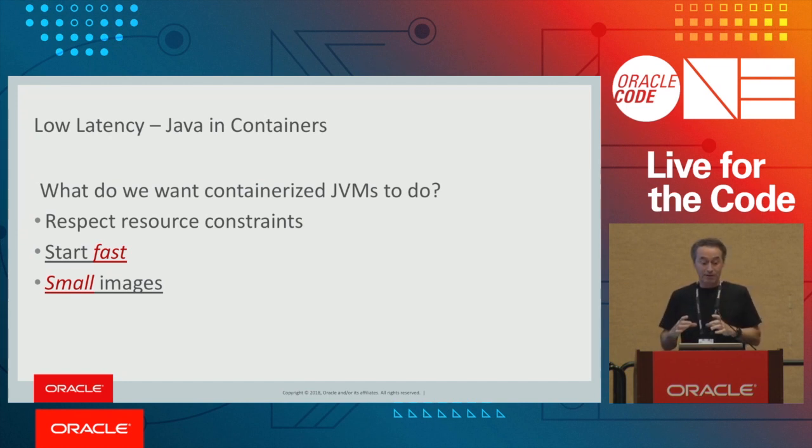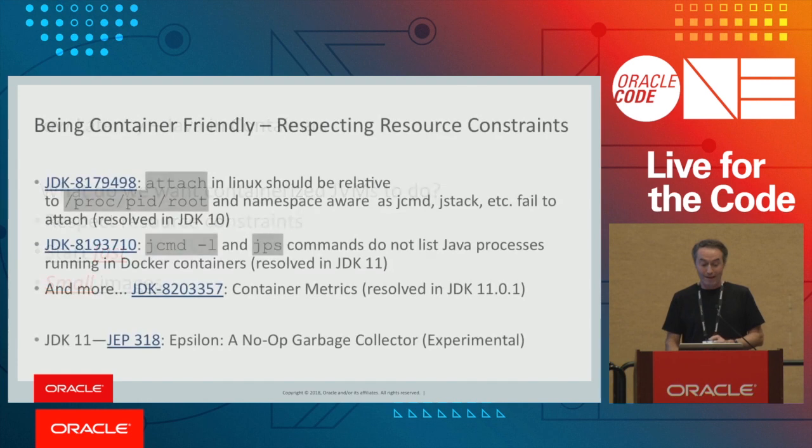There's been some fixes around this, but in the past, if you asked the JVM how much memory do I have, it would tell you how much memory the host has. Right? That was not a good experience, because then you'd allocate a heap that was way too big and then everything crashes. So that's an issue. Starting fast, of course, because everyone says, well, Node boots really fast, and small images, and I'll talk about why. Good news is the JDK team are very busy, right?